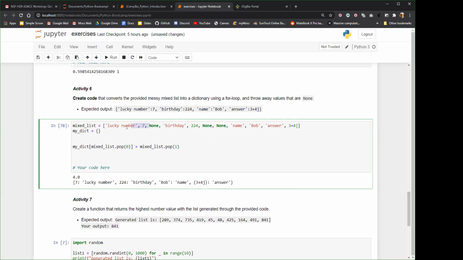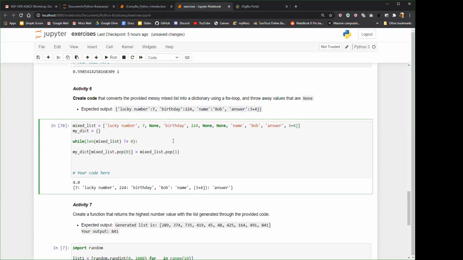So it's going to continue to lose values, right? And so what we want to do with the while loop is make sure that the mixed list is not empty at the end of it all. It doesn't continue running while it's empty. So while the length of the mixed list is not equal to 0, so there's things within the list,